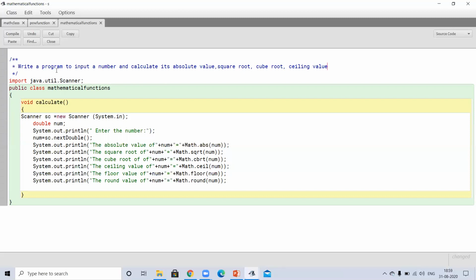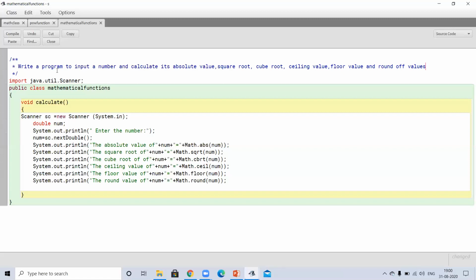Okay, and we are also finding its floor value, and finally we are finding round off value.